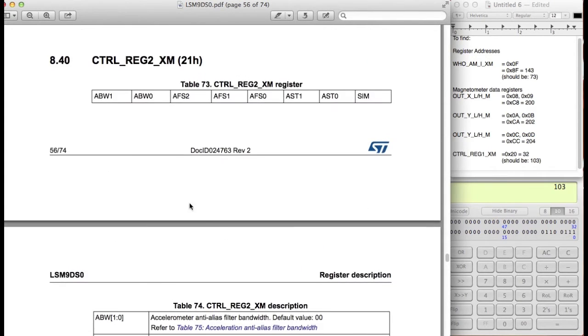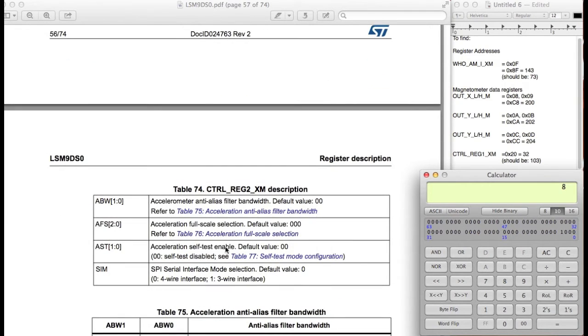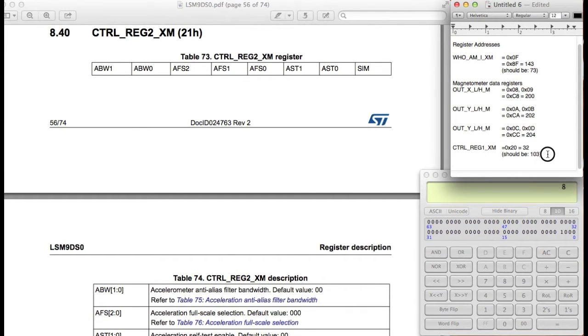So AFS 0 is right here. That's the lower 4th bit. So if I go ahead and erase this and set this to 1, and everything else I believe should be set to 0. Yeah, everything's going to be set to 0. So in this case, we're going to set that to 8. So control register 2,